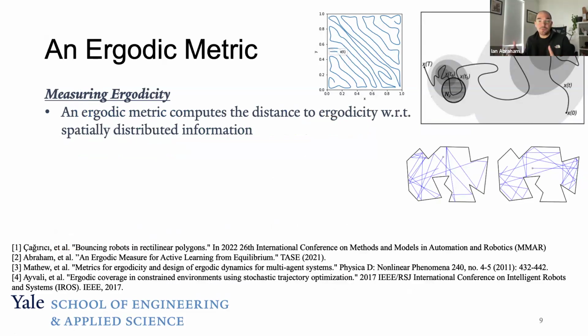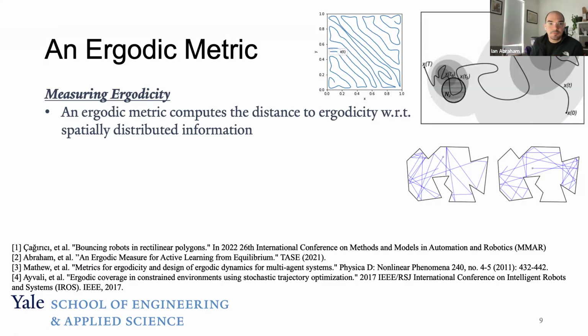So we have the statement. However, that assumes that our dynamical system is already ergodic. Unfortunately, we don't actually have that. Robots don't actually naturally come out with this ergodic property. So we have to actually have a way to measure ergodicity. So the way we do that is we define an ergodic metric that allows us to compute a trajectory's distance to being ergodic with respect to some notion of information. This is independent of the problem. We just give whatever information or some uncertainty value to the metric, and then we say, okay, be ergodic